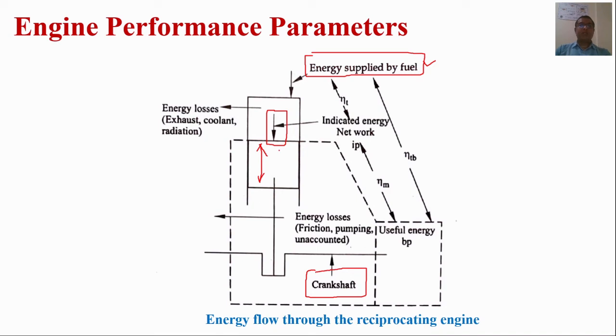through the connecting rod, but not all of this indicated power can be available as useful work at the output of the engine, as there are losses in friction and pumping, because there are many mechanical components through which power is transmitted from piston to crankshaft through the connecting rod. Due to these mechanical components, some portion of this indicated power is lost in friction. So output power, brake power, is always less than indicated power.